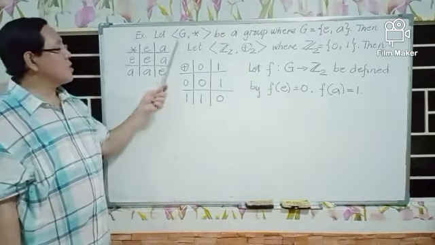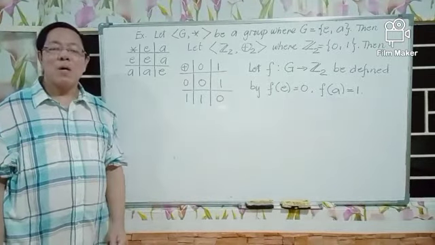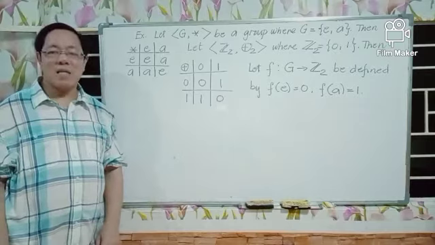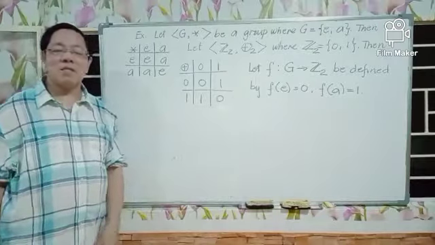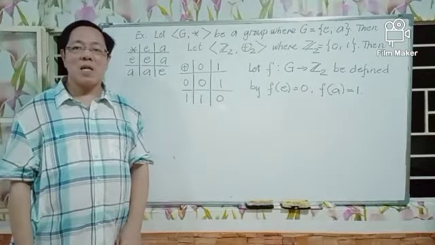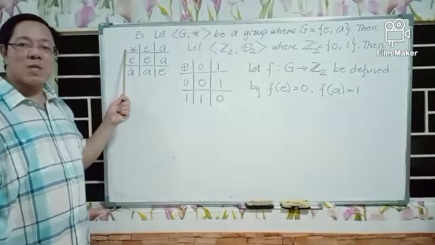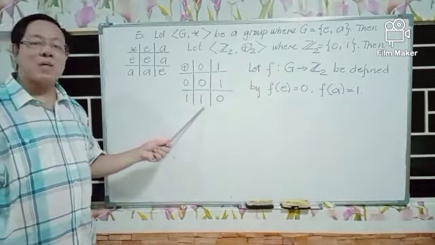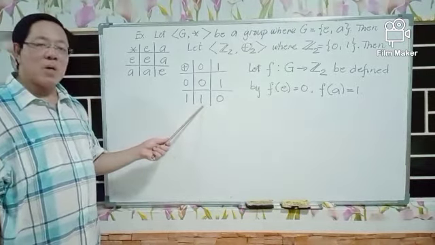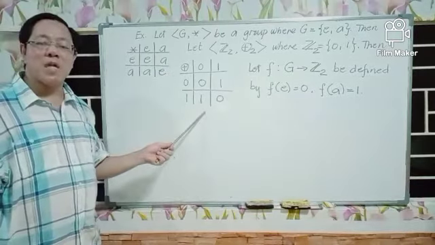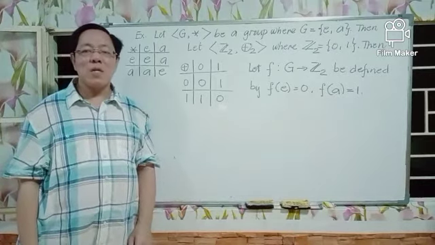That is, the group G and the group C2 have the same structure, or they are essentially the same, but technically they are different groups because they consist of different non-empty sets and they have different binary operations, but their structures are the same. The structure of this group G can be obtained from the structure of this group C2, and vice versa, the table for group G can be obtained from the table of C2 because they have the same structure. And for that, we conclude that